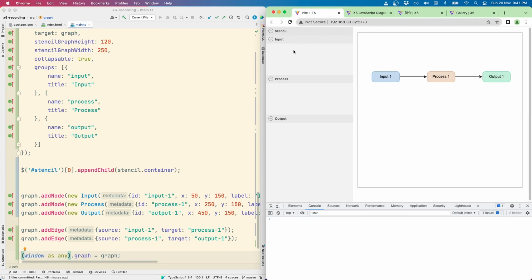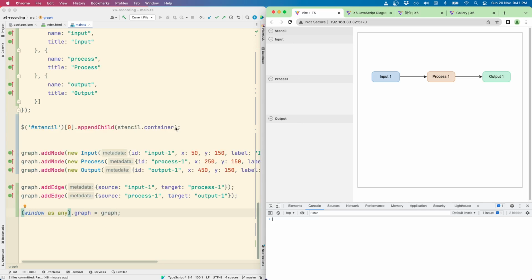What I've done here is I've created a stencil and I've created 3 groups: input, process, and output. Now we want to add a few node types to input, a few node types to process, and a few node types to output.